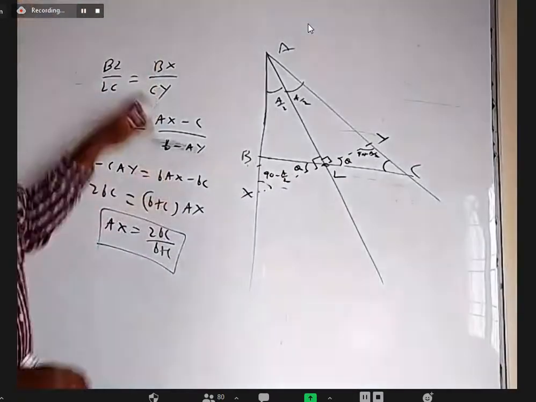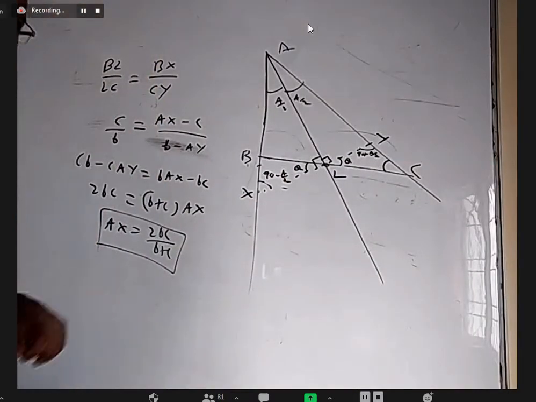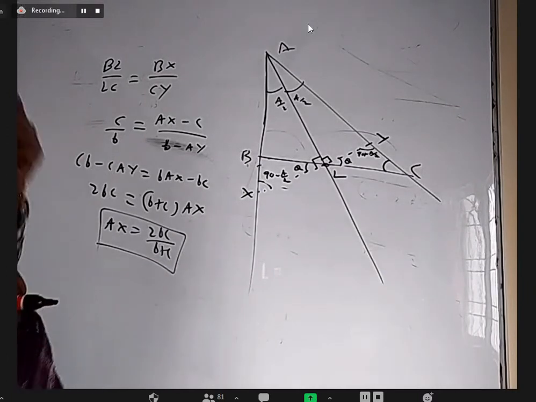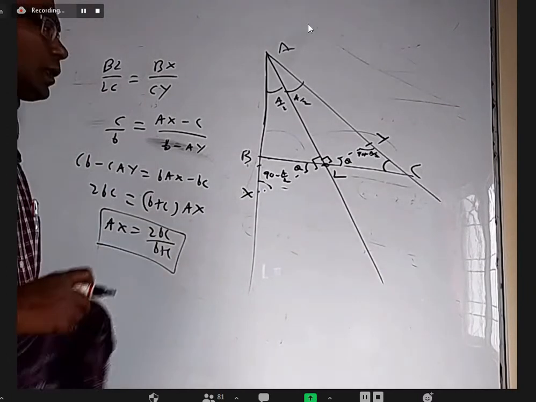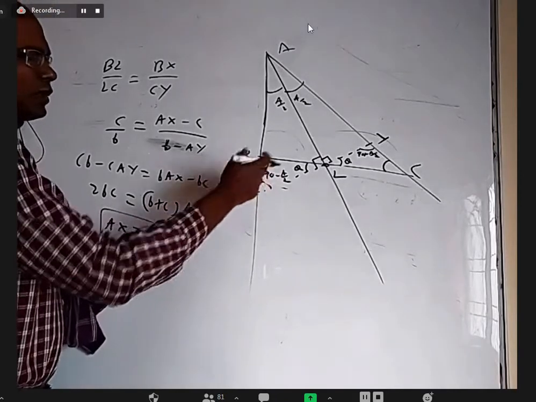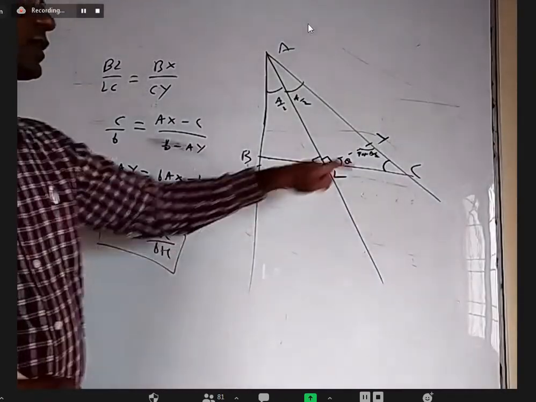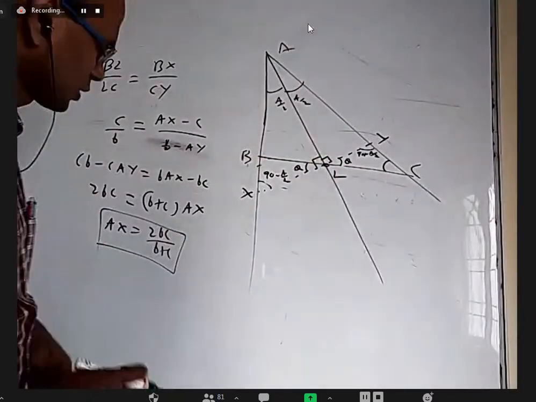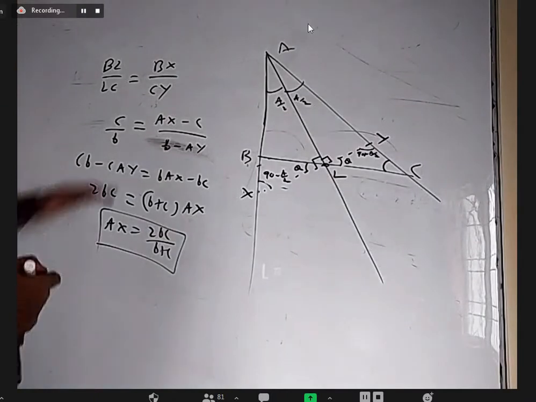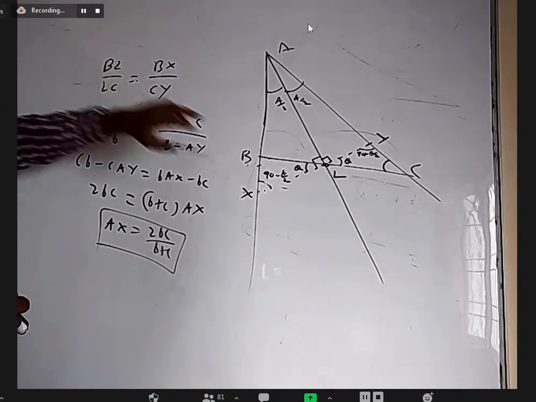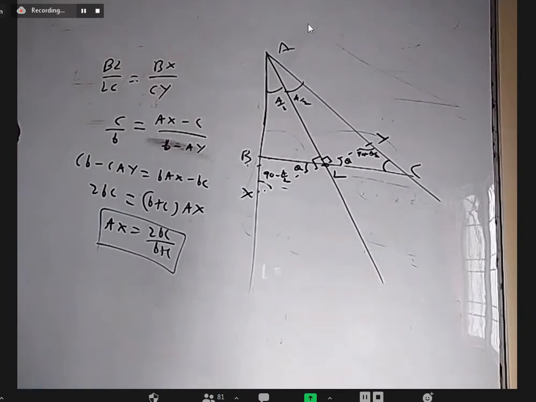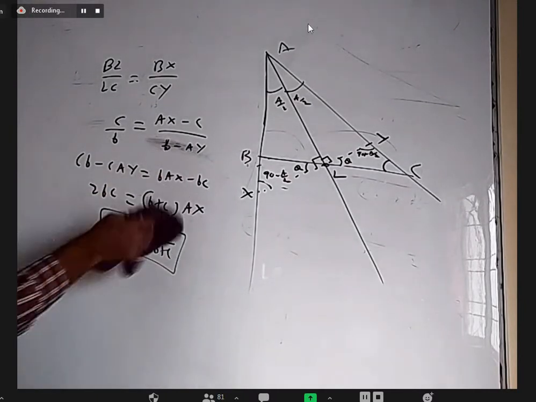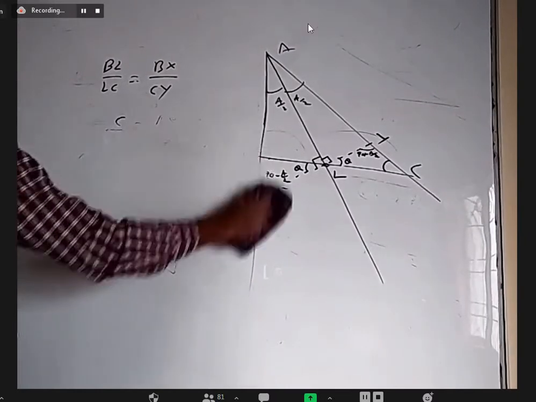Everything is correct, but the step of similar is not based on this. It is based on the sine rule, I should say. Okay, because 90 plus A by 2 or 90 minus A by 2 is not going to make any difference, because sine of this is also cos A by 2, sine of this also cos A by 2. When I apply sine rule and take ratio, it will come. Okay, so this ratio is correct, but not based on this. It is based on applying sine rule properly. And they are not similar triangles also. All right, so I think even though everything is fine, I don't want to give notes based on this.